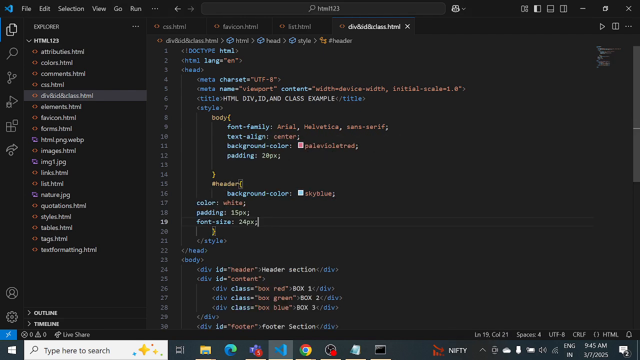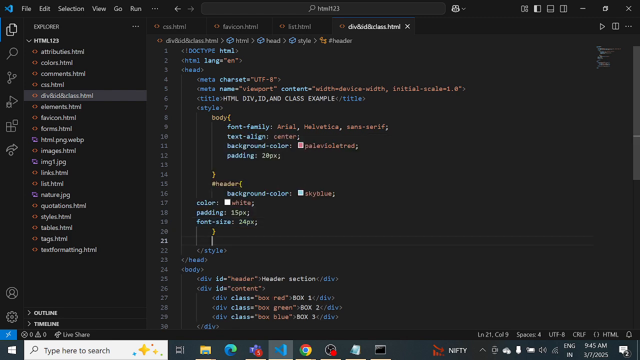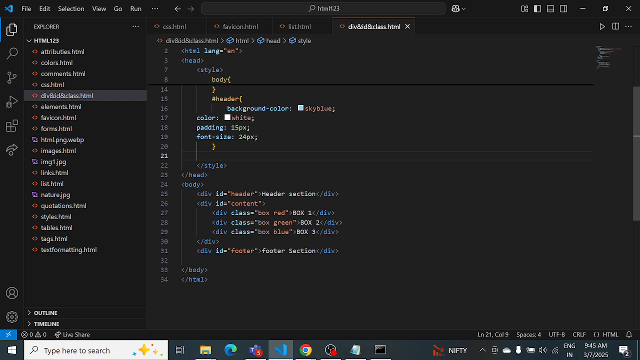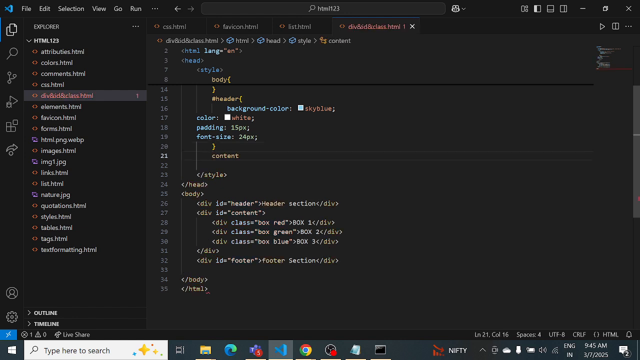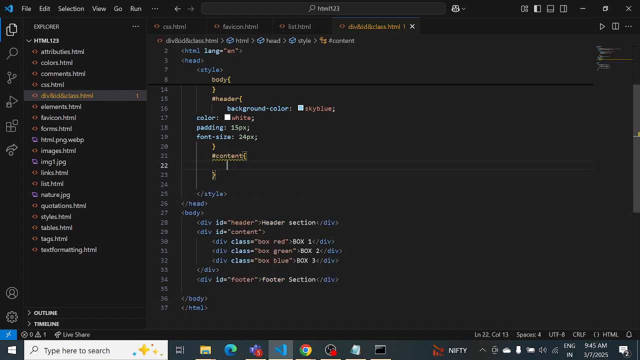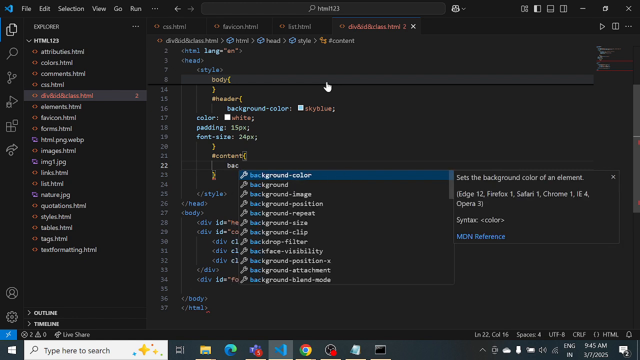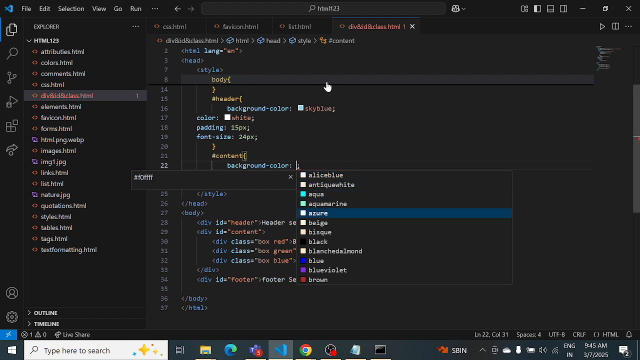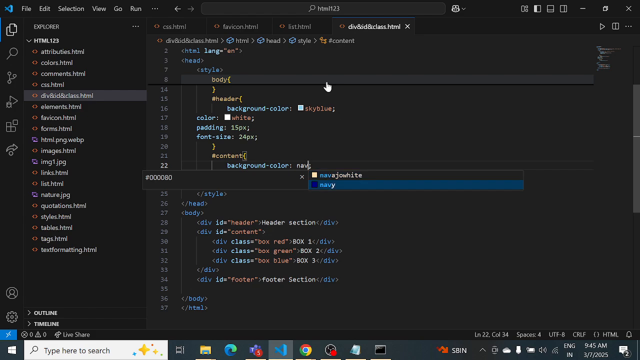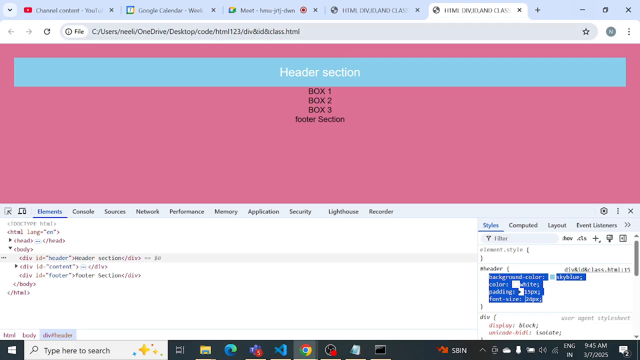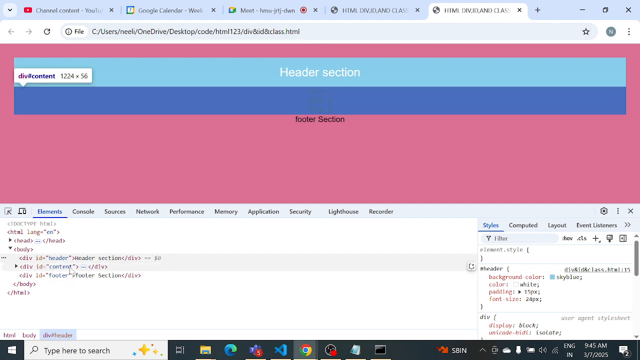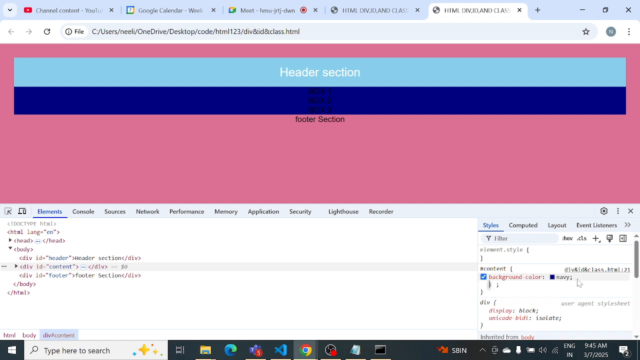Okay, so like this. After that, we have the content here. So copy this content and paste here. So we need content also, right? So the background I'm using now, the background color, will be navy. You can change it to navy and apply the